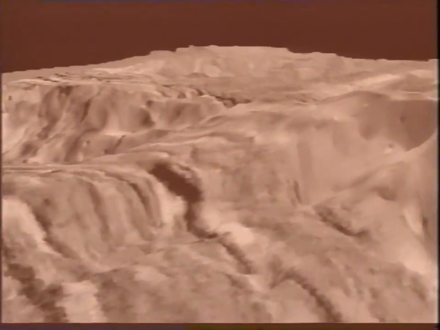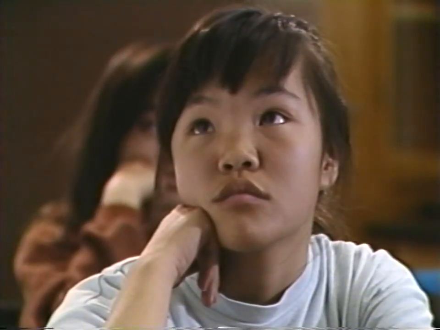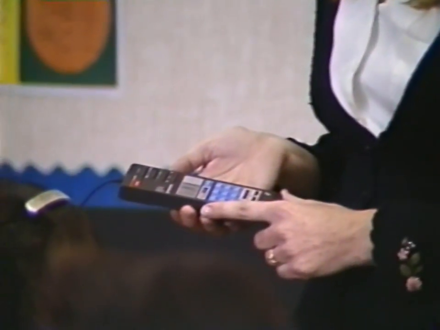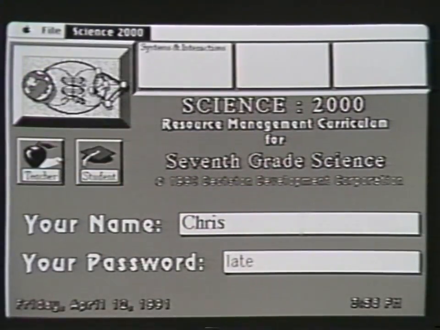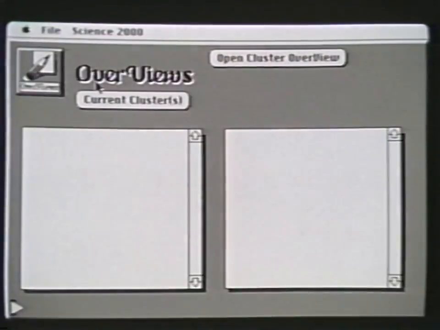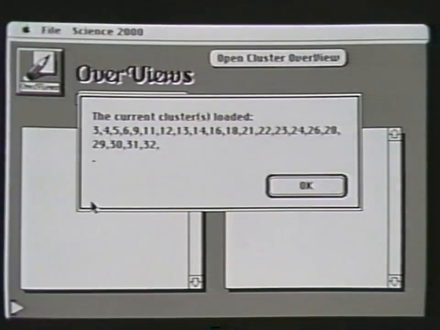A teacher can rely entirely on it for lesson plans and activities the year long, or use it to supplement his or her own instructional strategy. It's the teacher's call, because Science 2000's flexibility and authoring tools allow a teacher to customize the science instruction.